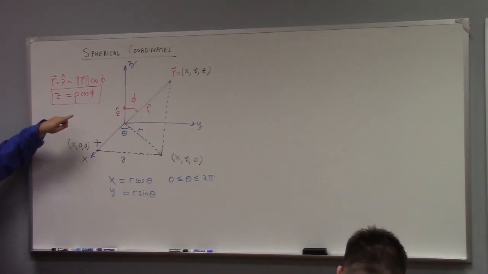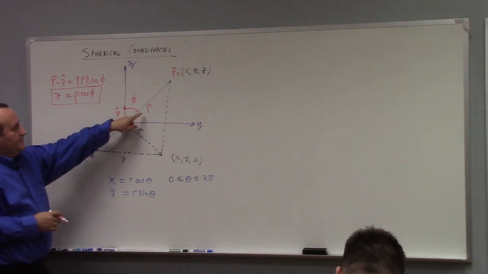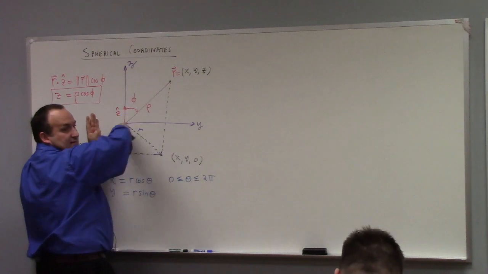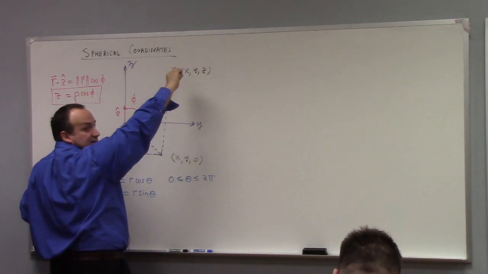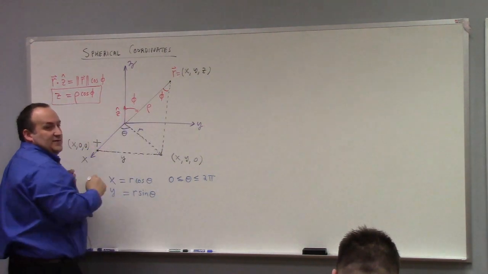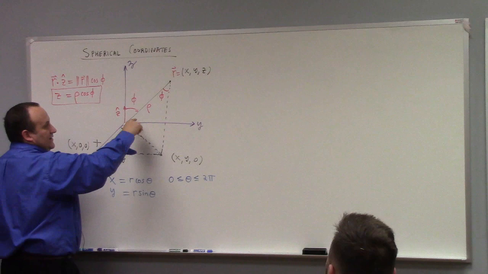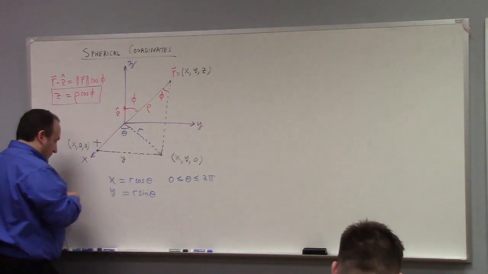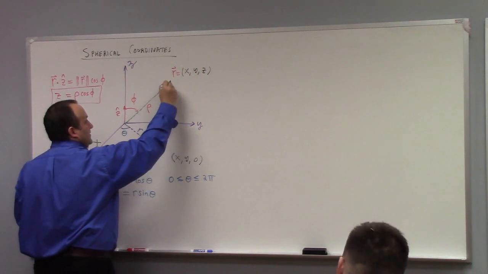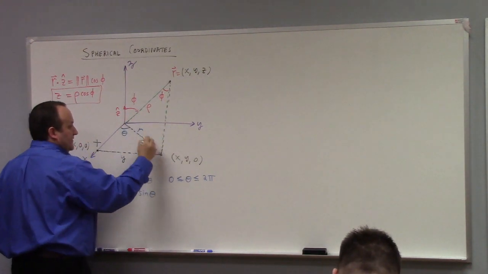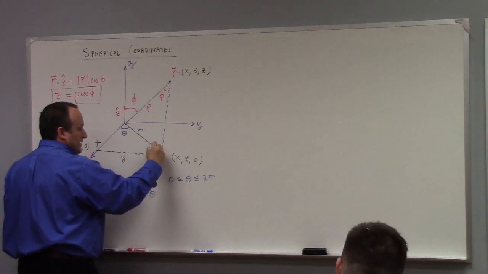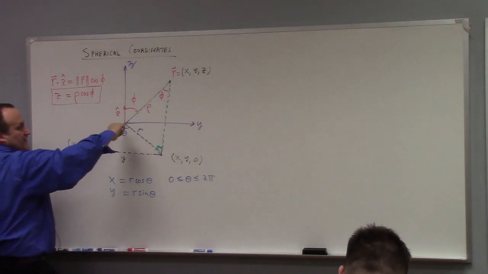But if that's rho, right? That's rho. And these lines are parallel, so this is a line going through two parallel lines. That makes this an alternate interior angle, which by geometry makes this phi as well. And if that's phi as well, you notice that we've got the hypotenuse of this vertical, soon-to-be green triangle, vertical in the sense of z being up. This triangle right here is a right triangle. Here's the 90-degree angle down here. The hypotenuse is rho.